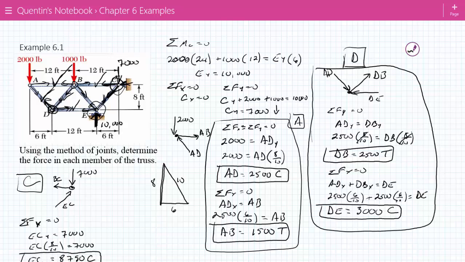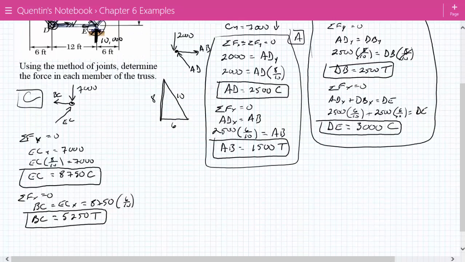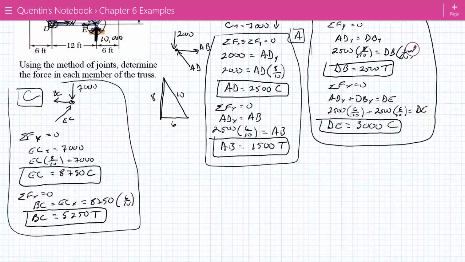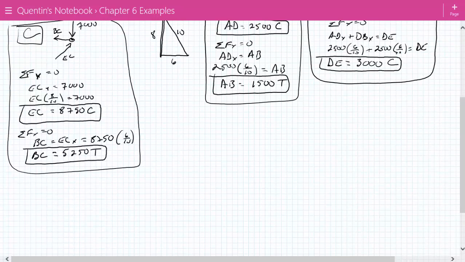So all we have left are, well, is it just BE? I think that seems to be all we have left. So we can pick point E, we can pick point B. Okay, this is all from point C. I picked point E quite arbitrarily. So at point E,